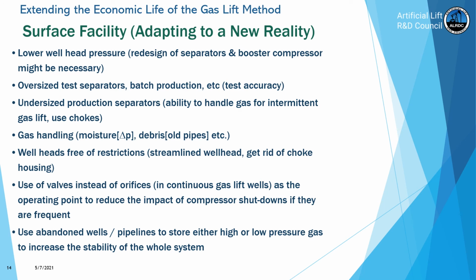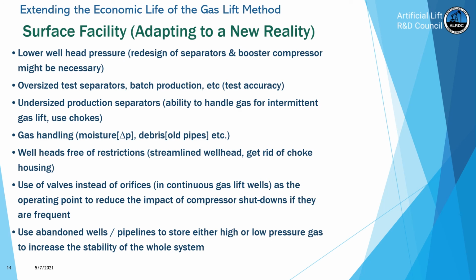In those cases where you still have a lot of continuous gas lift wells, you can use calibrated valves or IPO valves instead of orifice valves as the operating point, to reduce the impact of compressor shutdowns if they are frequent. That way, if you have a shutdown, the pressure in the annulus of those continuous gas lift valves will reduce just a little bit. The operating valve will close, and the pressure in the annulus will remain high, and that way you save